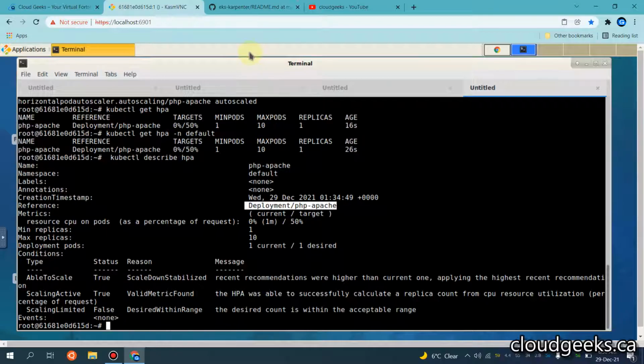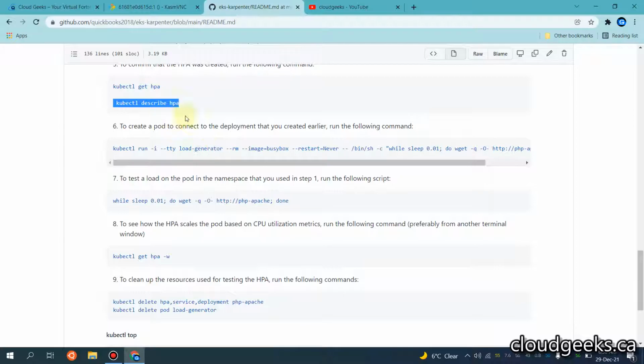Okay, so let me also navigate to the other section. We are now on the sixth part, to create a pod to connect to the deployment. You run the following command. So this is the command.